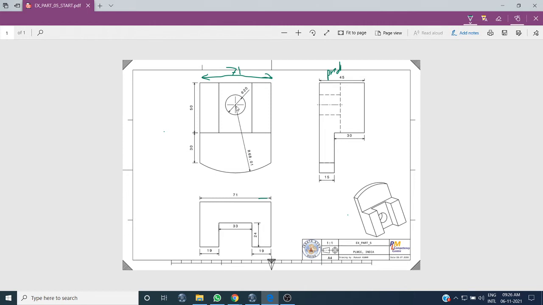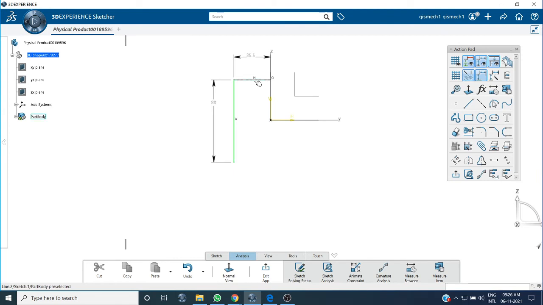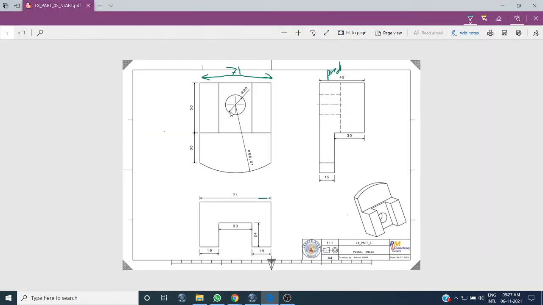I think it is in the middle, so 25. From this line to the center of the circle it is 25. It is clearly saying that the total is 50, but it is in the center, so if I divide 50 by 2 it is 25.